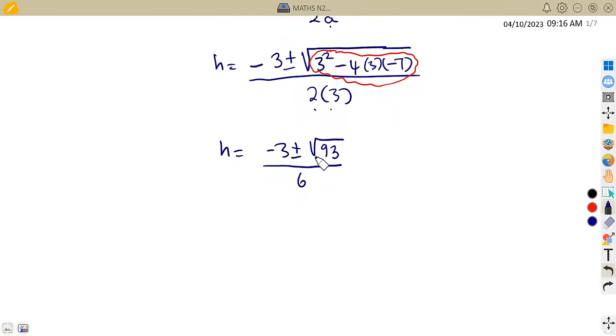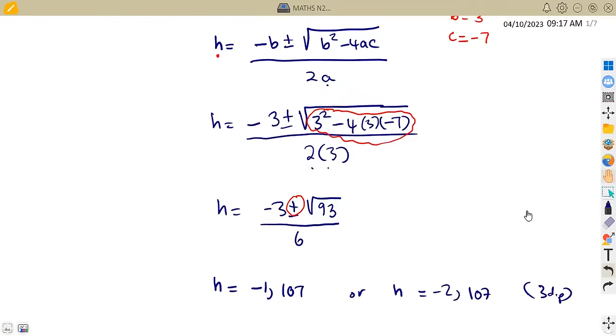Since we've got a plus and we've got a minus, that means one of the values is going to be under a plus sign, and one of the values is going to be under a minus sign. So under a plus sign, the answer for h is going to give us 1.107, or for a negative value, our h is going to be minus 2.107. That is to 3 decimal places,